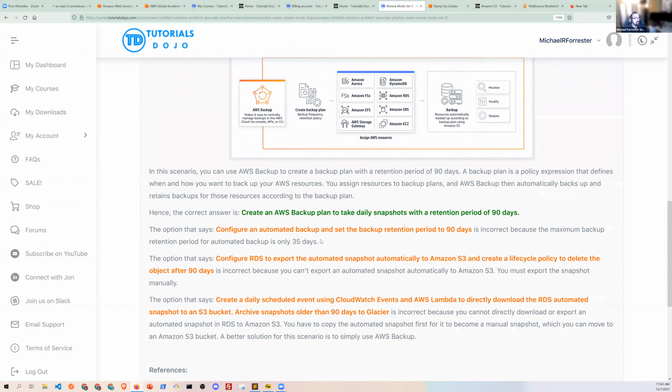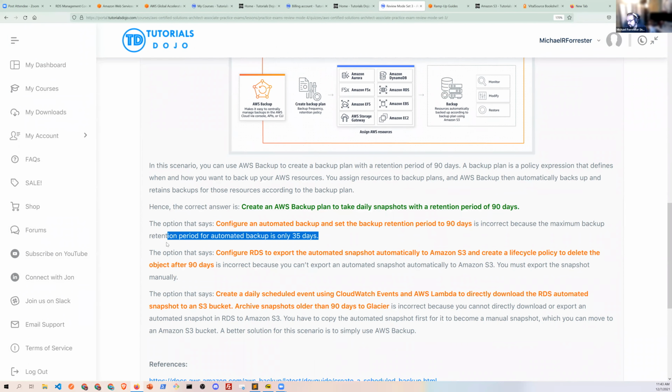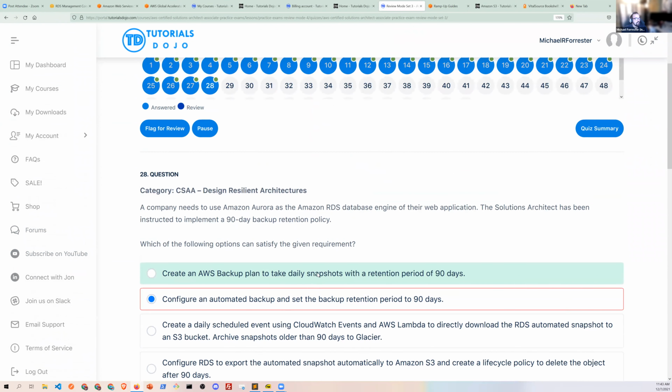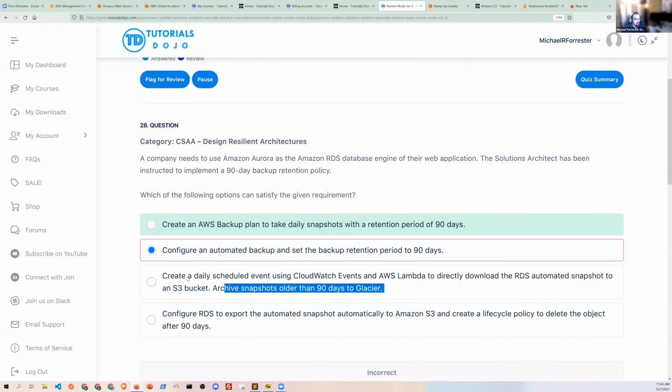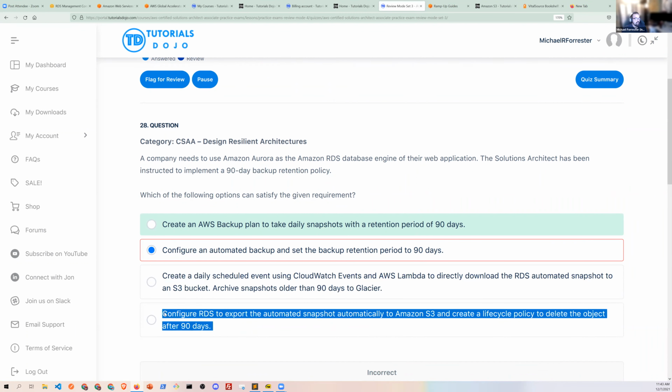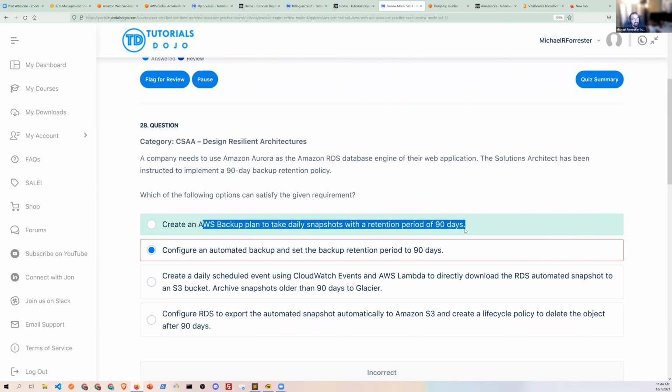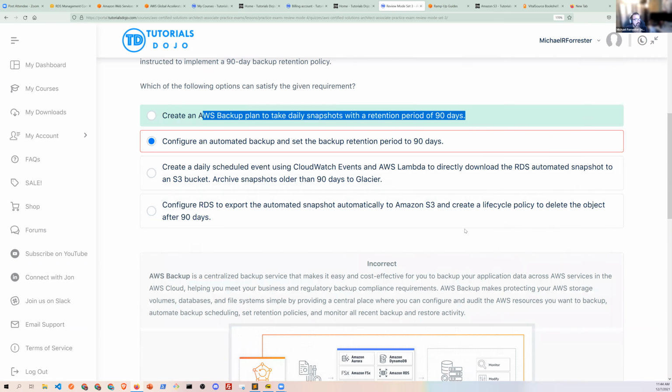Okay. So here's the thing: 35 days is the maximum retention period for automated backups inside of AWS, right? If you're using RDS. So if you want to back up past 35 days, and by the way, it's just going to drop the oldest one, if you want something beyond that, the question was basically saying, which of the following can satisfy the requirement for a 90-day backup retention period? This one is possible, but it's going to be super complicated. Can't really configure RDS to do this kind of thing, right? But you can use AWS Backup to take a daily snapshot and just retain it for 90 days. But you have to know that AWS Backup exists, and that's easier to use than the other services, right?